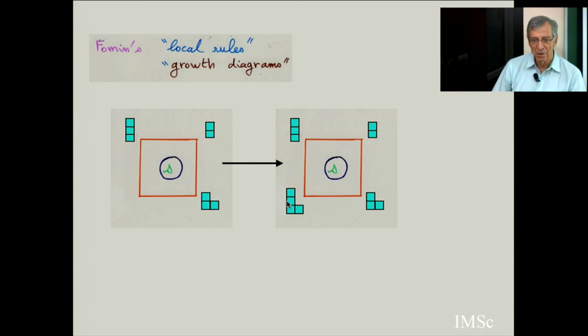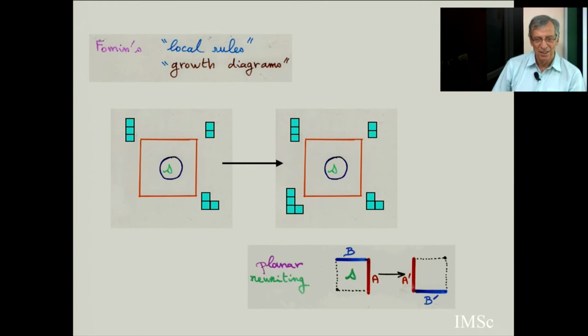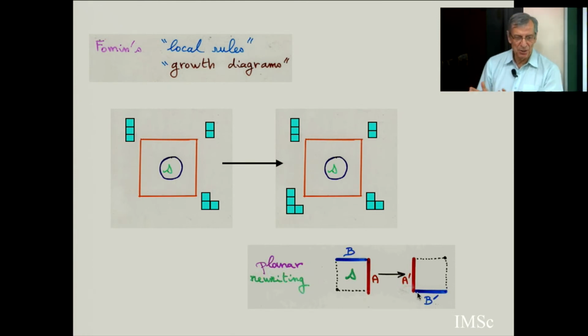So here we shift this philosophy a little. Instead of rewriting by knowing the 3 vertices, I just know the 2 edges here. I am in a certain label here, then I rewrite it as the 2 edges. So it's just a little shift of the way of rewriting the local rule, but you will see that this may be more useful, more simple, and maybe to find some new things, just by shifting a little the very classical point of view of Fomin's rewriting rule.